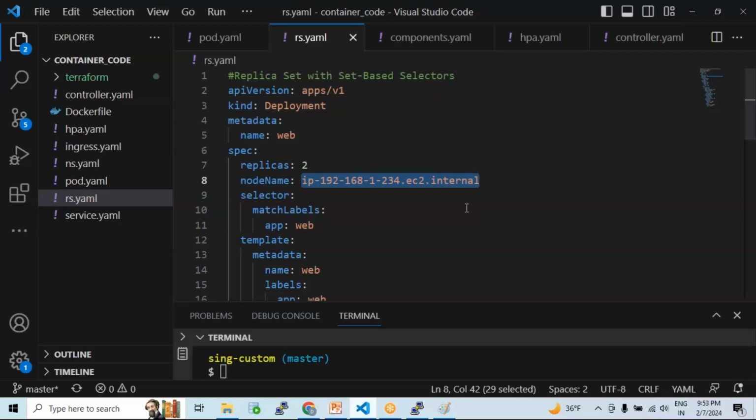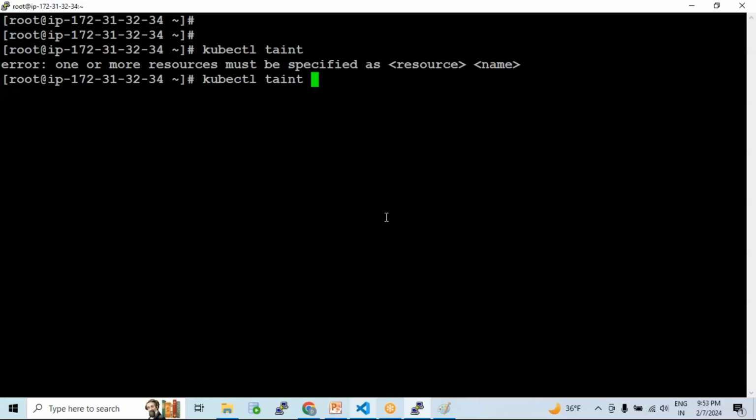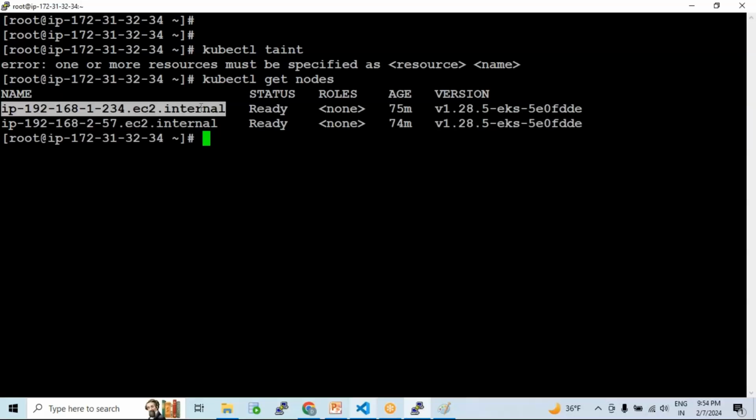So if you wanted to work with the taint and toleration concept, as always, the taint should be at a worker node side. The toleration should be at a deployment side, right? So you need to apply the taint for your worker node. kubectl taint, right? Node, specify the node, get nodes. First of all, let me see, is there any taint for this? kubectl describe the node,